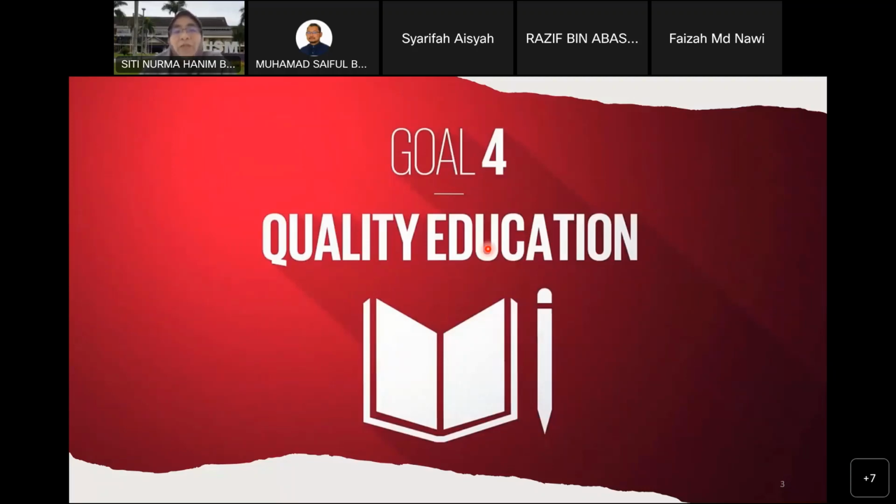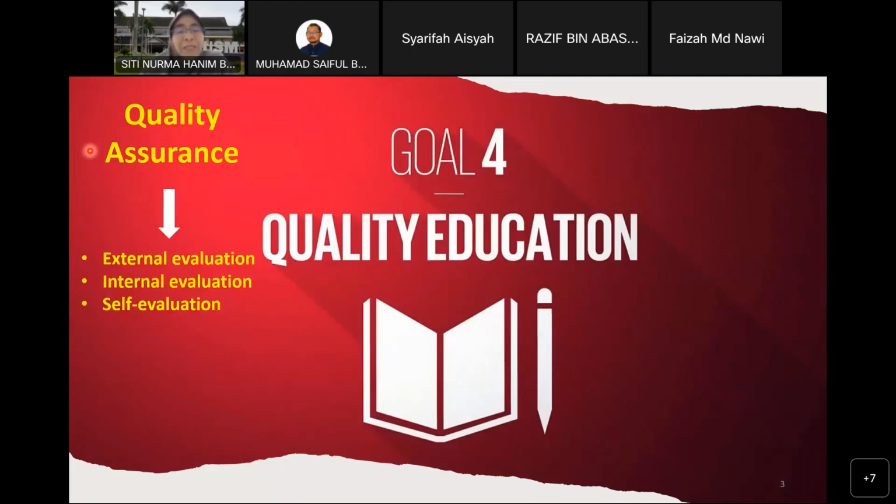But our research focuses on how to improve the quality of education in anatomy, particularly in medical schools. And therefore, we have to begin with quality assurance. And as we all know, quality assurance is always about evaluation. It's the systematic evaluation of education provision that involves many stakeholders. So it can be in the form of external, internal self-evaluation, and getting our student feedback is actually a form of evaluation as well, because it's the fastest and the most feasible method to get input on our education system.